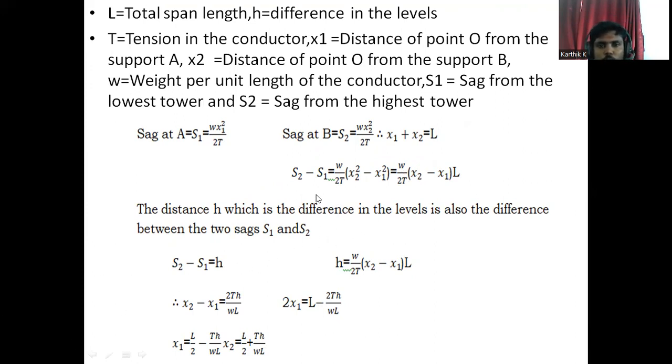So now S2 minus S1 equal to h, where h equals W by 2T into (x2 minus x1) into L. So from this, x2 minus x1 equal to 2T h by WL. So 2x1 equal to L minus 2T h by WL. So finally, x1 equal to L by 2 minus T h by WL, and x2 equal to L by 2 plus T h by WL. Okay. This is for